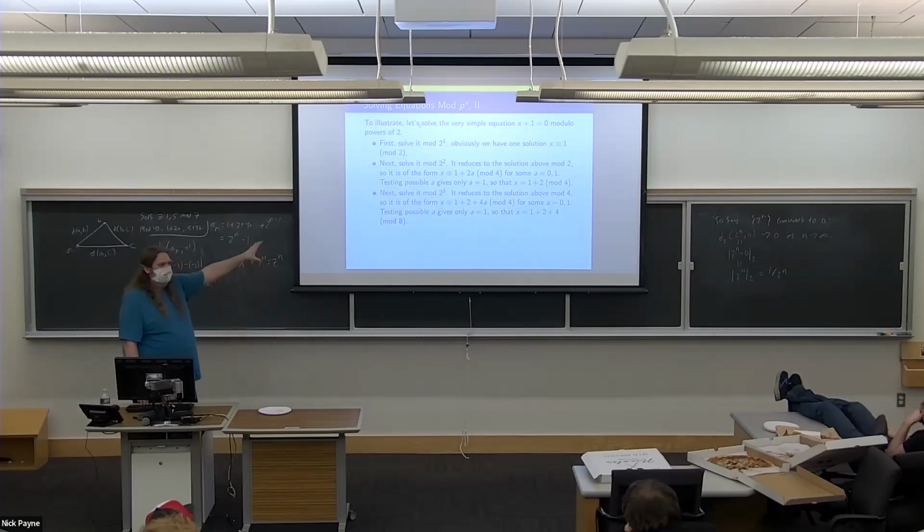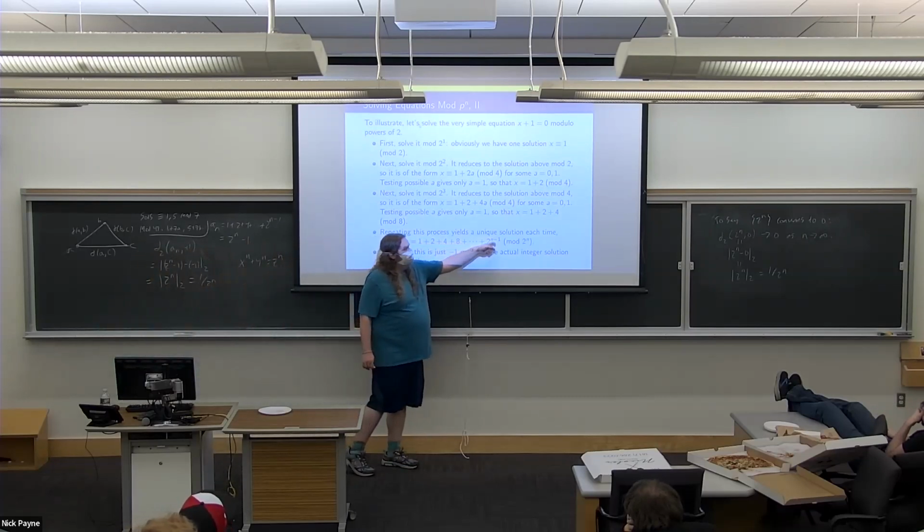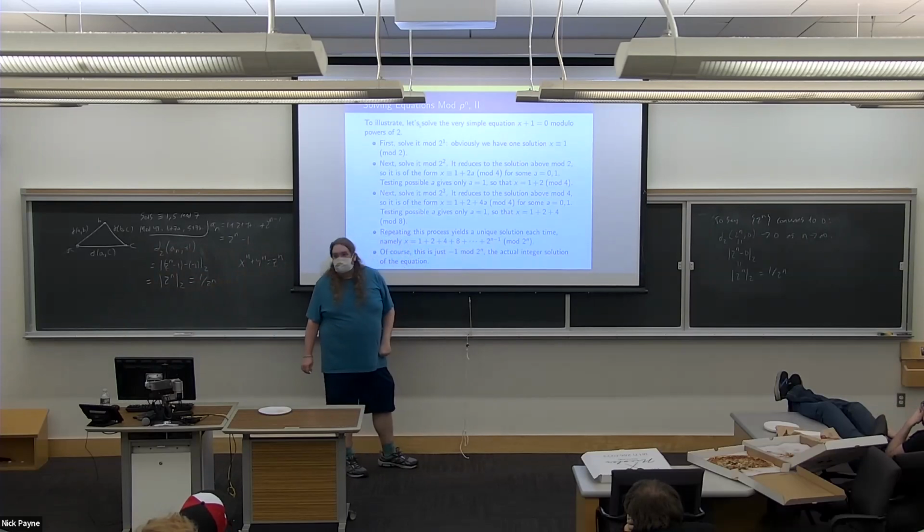I am assuming that you can figure out that what will happen is that it's always plus the next power of 2. And so what you get is the solution of mod 2 to the n is 1 plus 2 plus 4 plus 8 plus all the way up to 2 to the n minus 1 mod 2 to the n. And the point is, if I sort of